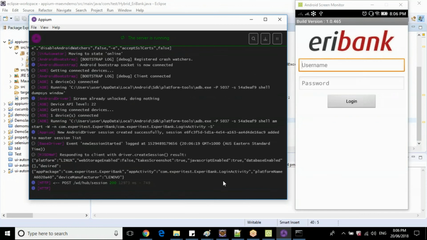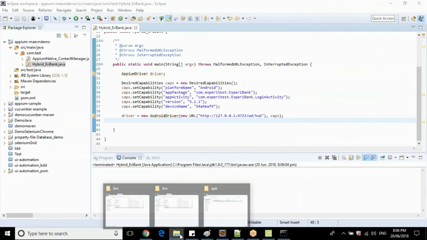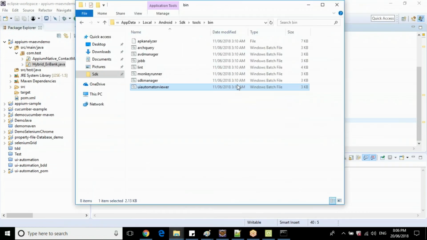Yeah, so the application has launched. Now the next process is identifying your native elements. So we need to use UI Automator. Let me quickly open this UI Automator.